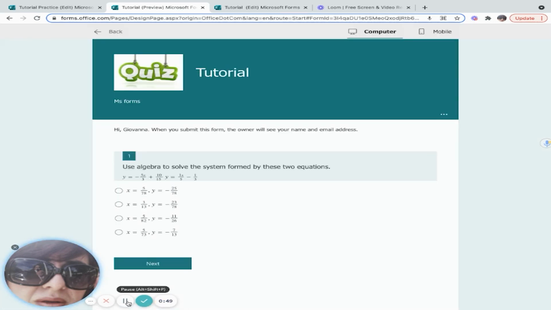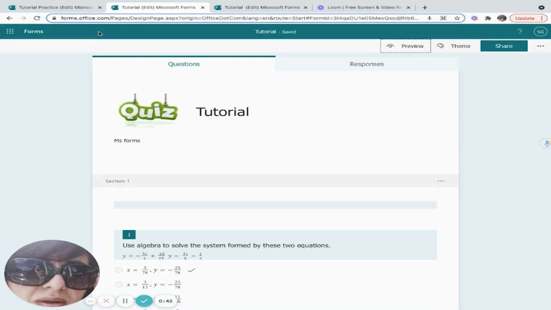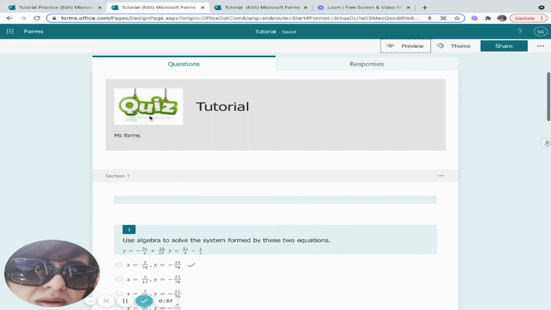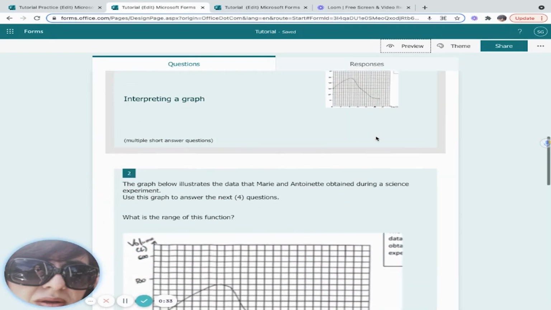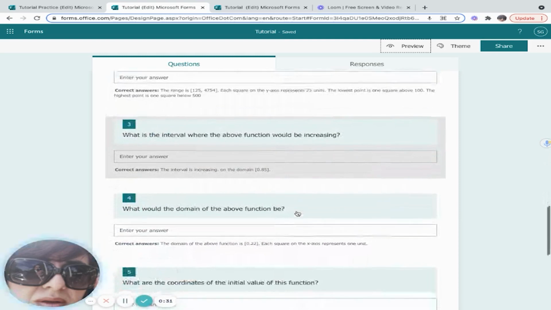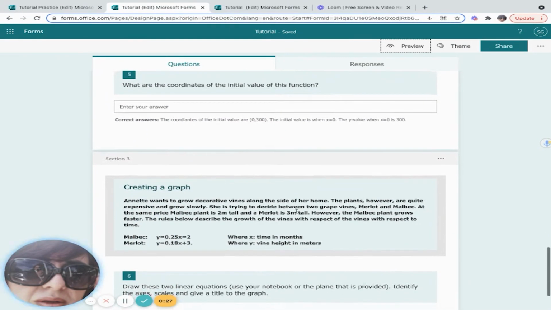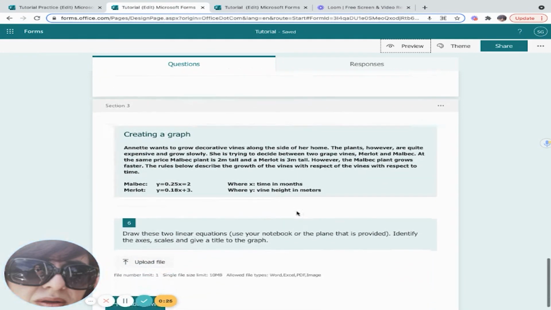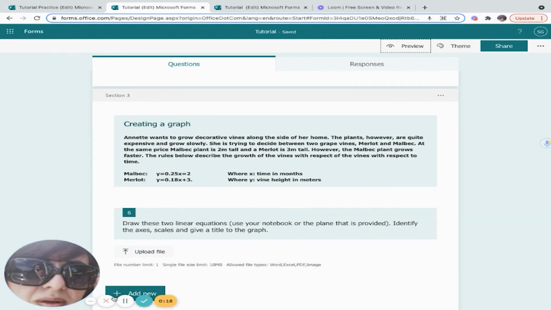So now you have everything that you need to begin to work with Microsoft Forms. You know how to create and customize a form, you know the question types, you know how to add sections and add an image to have multiple sections, multiple questions in that section. You can further use that to have file uploads, so you know how to work with that. In the next videos, we're going to look at other types of questions.